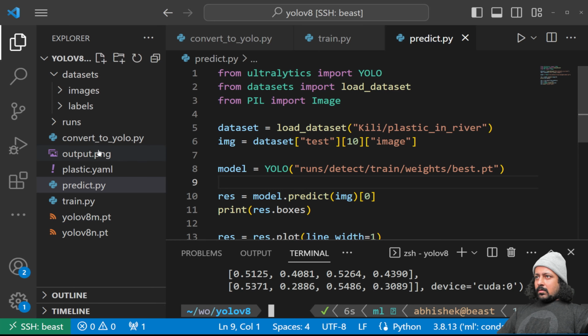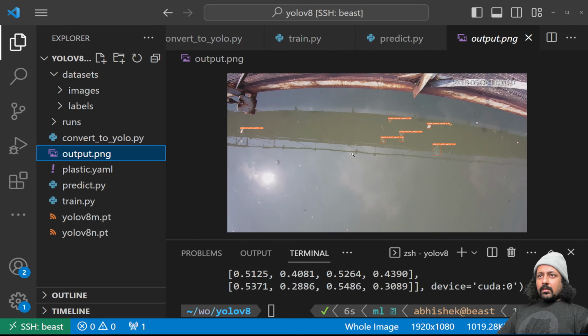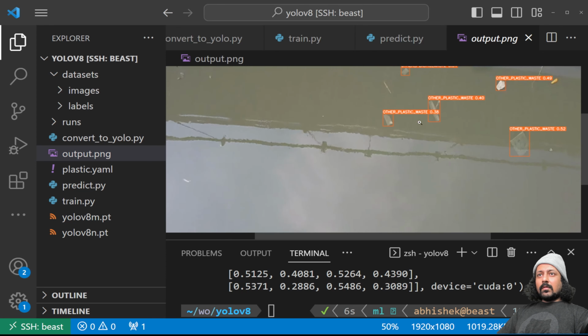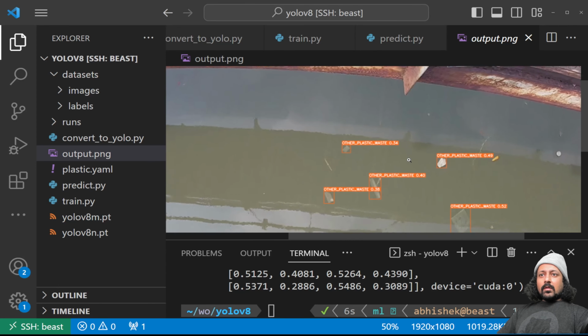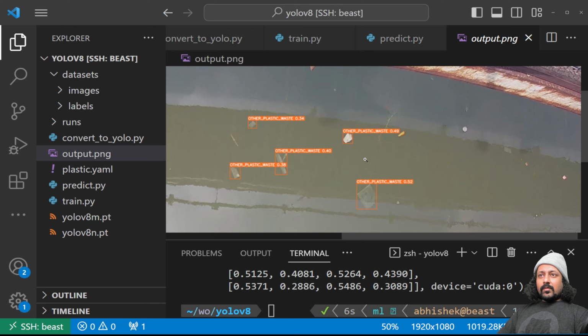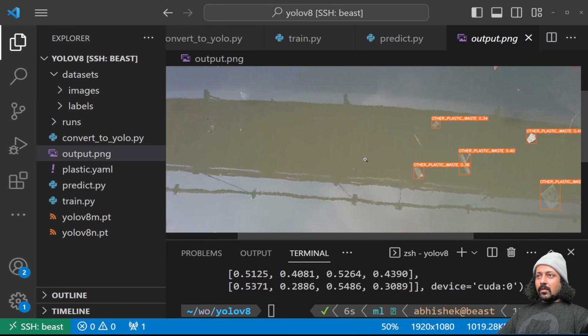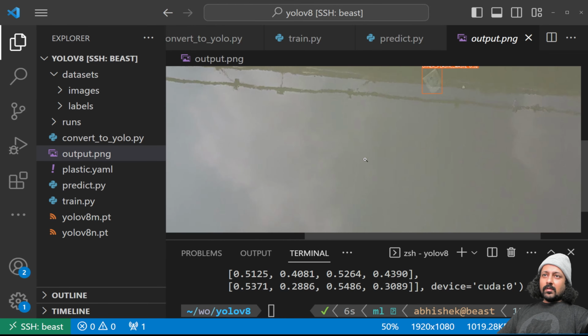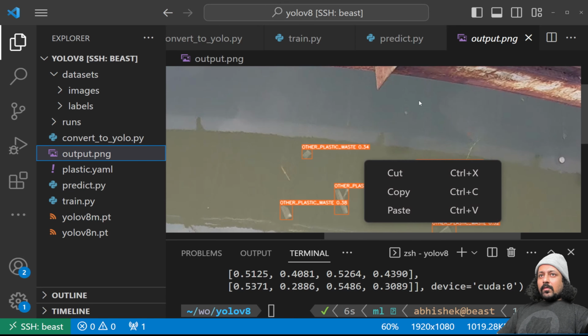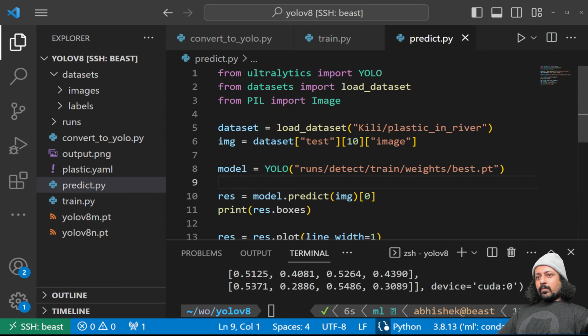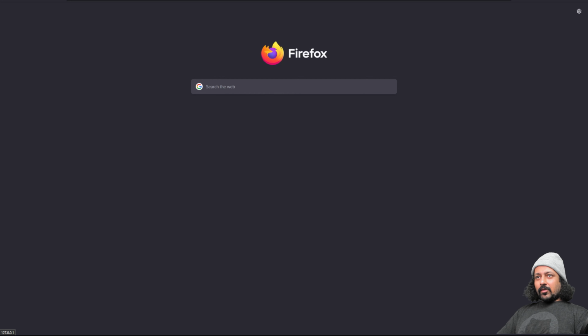Okay, here we go. Oh yeah, so this is detecting other kinds of plastic waste. All of them are other kinds of plastic waste in this image. So yeah, pretty good. I definitely recommend you take a look at the documents for the predict function, because